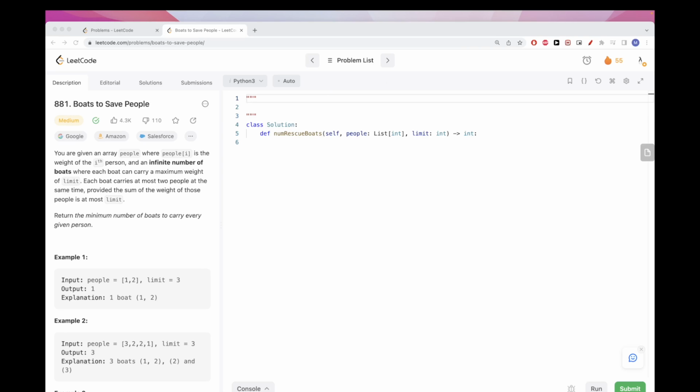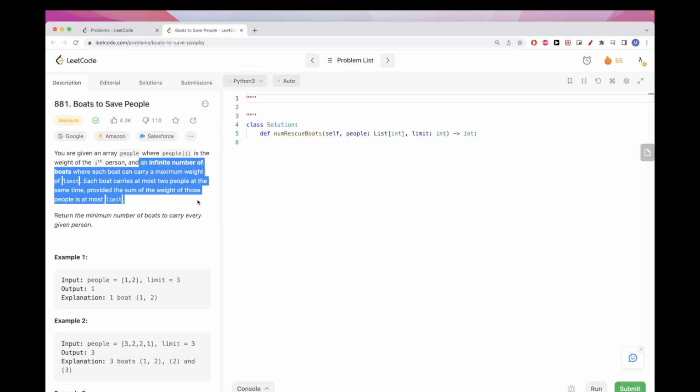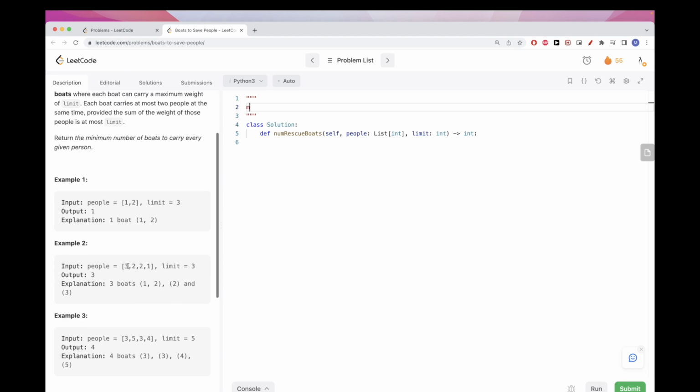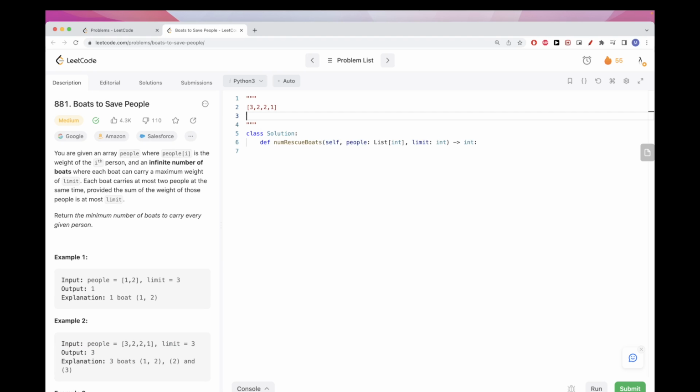Well, the first thing you need to think about is, what we want is to minimize the number of boats, right? And so is there an optimal strategy we can take? So let's take a look at this example first, because it's sort of the most interesting one. One thing we can notice is that if you take the smallest weight person, and pair it with the heaviest weight person,